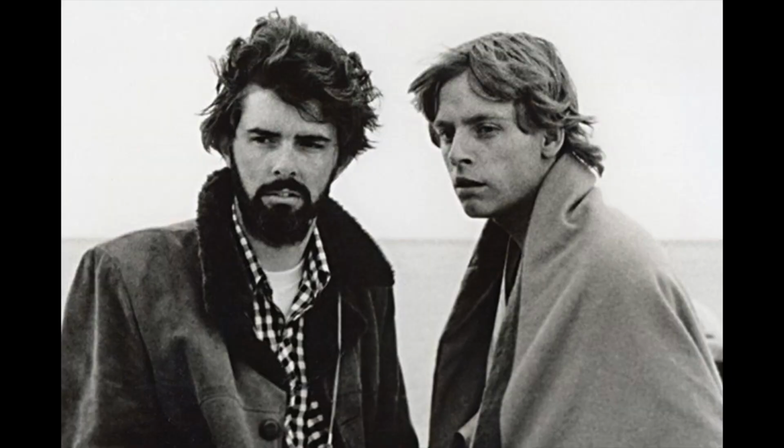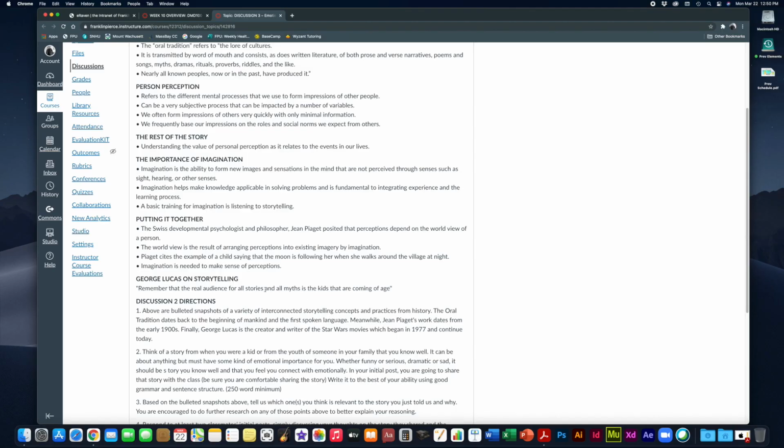George Lucas, the creator of Star Wars, has a great quote on storytelling that I included here. He said, remember that the real audience for all stories and all myths is the kids that are coming of age. There is an age group somewhere between 6 and 12, 13 years old where we are at our most impressionable, meaning that the stories and the imagery and what we read, that we come into contact